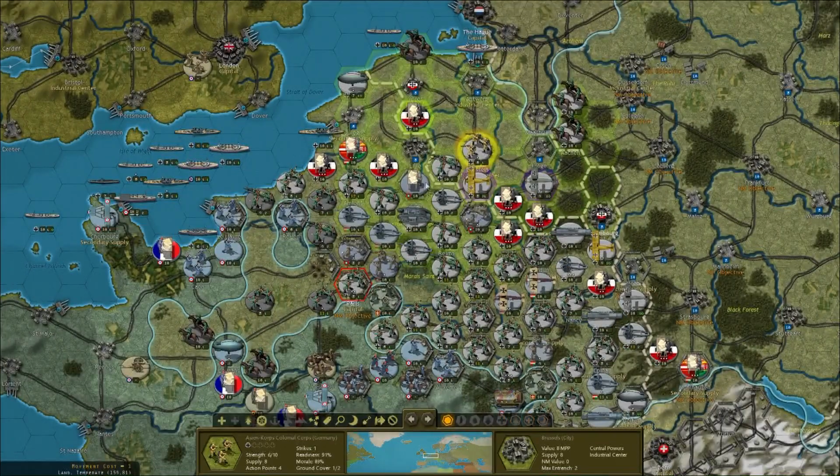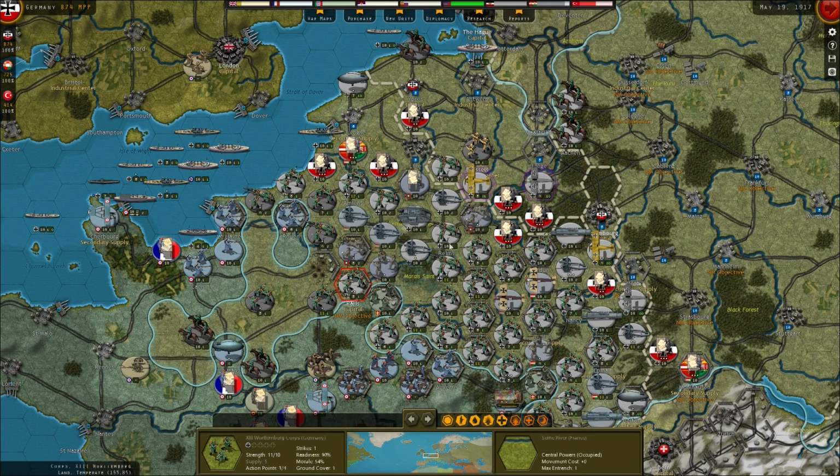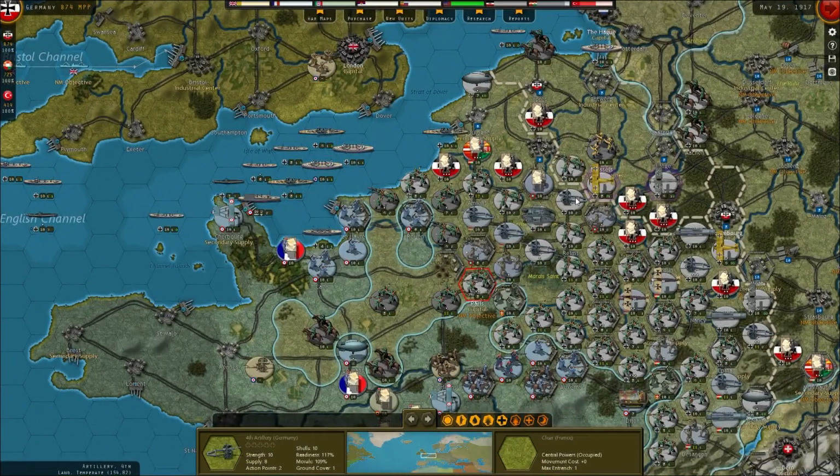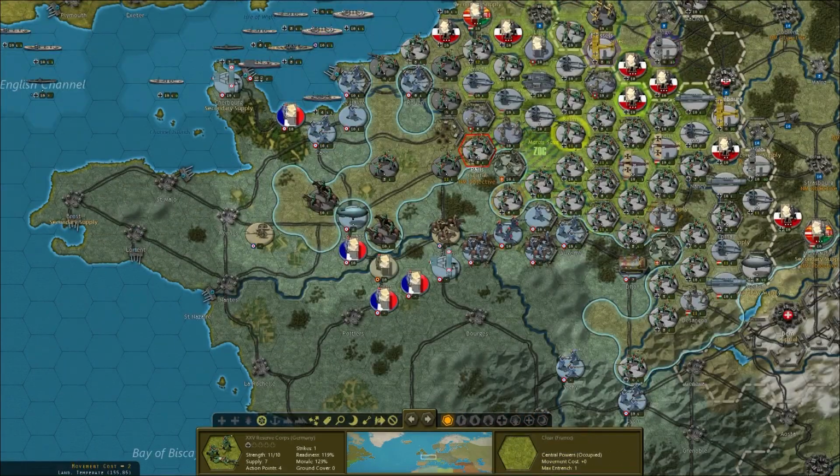So we kind of moved everything we can really move forward on this side, I think. Just reinforce these guys. That's actually the Asian Corps, Colonial Corps. Can't even move this artillery piece. Well, I could if I moved this one. Let's move this guy forward first. Actually, I wonder if we can...